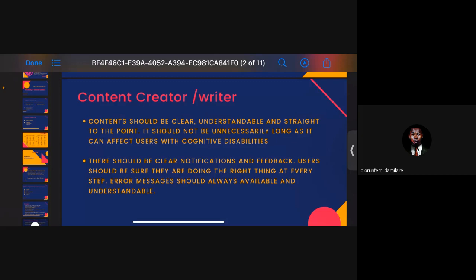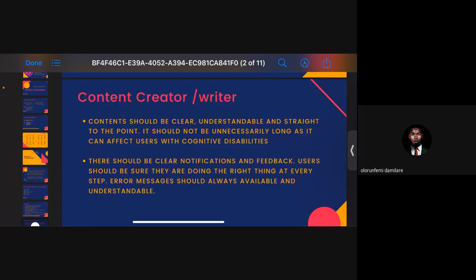And if for any reason you have a word that you think is big and needs explanation, attach a link that will take them directly to the definition of the word you mentioned. When they go through it, they can go back to reading. Okay? Consider these people that have cognitive disabilities.